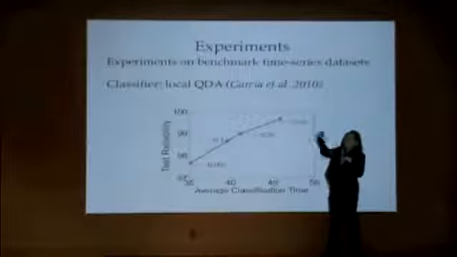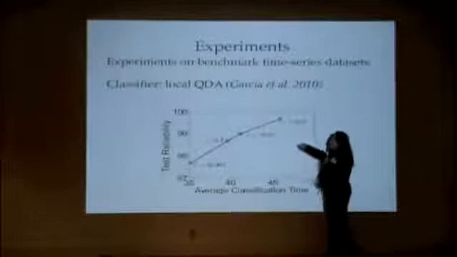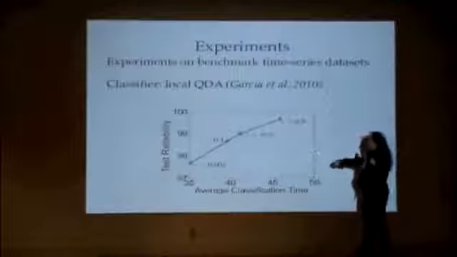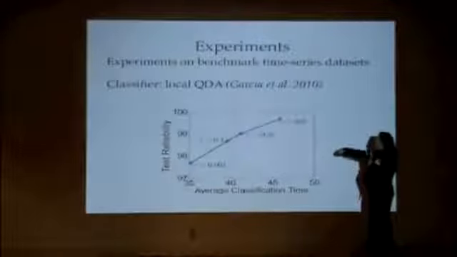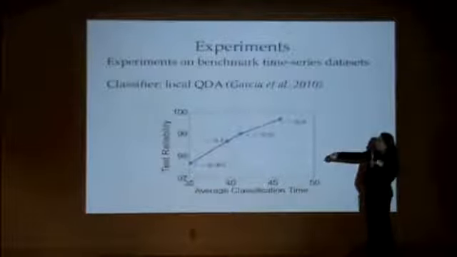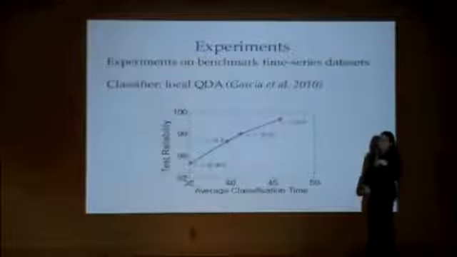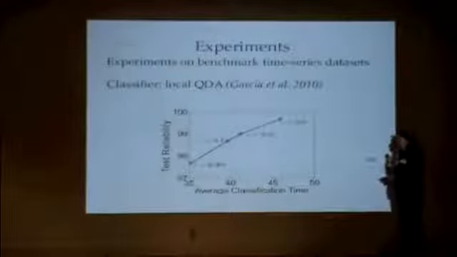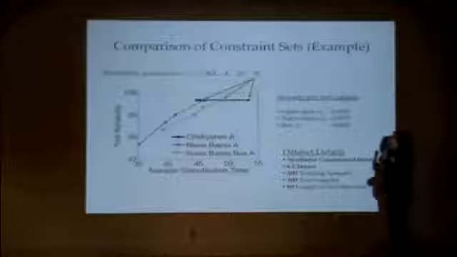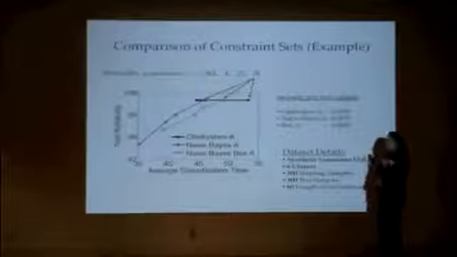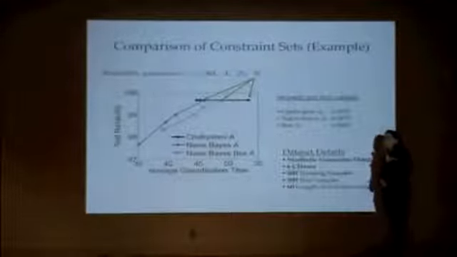So the furthest right one will say tau equals 0.9. If I ask you for 90% reliability, this says I was willing to give you 90% reliability on average after 46 seconds, and on the test data, I actually achieved 99.9% reliability. So I was conservative. Okay, so this first experiment shows you the difference between those different constraint sets, how we choose to constrain the